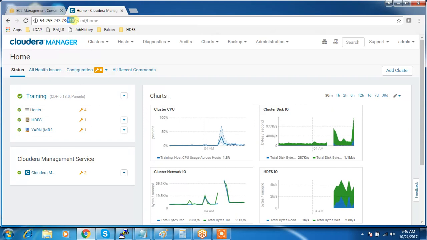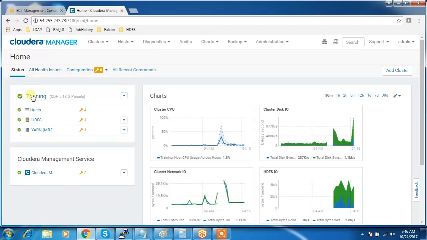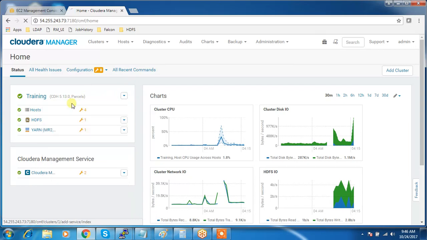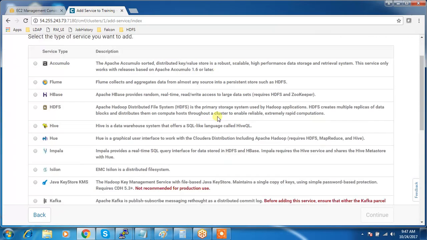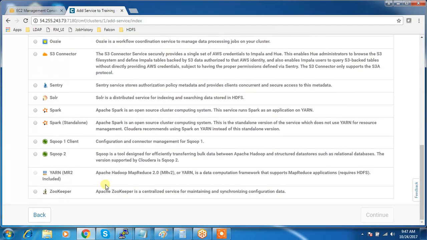I use the IP and the port 7180, and go to the main home page, and you can see the cluster name. Just click here and use add service. So here I'm going to add a service called Zookeeper. Actually we will not use this service directly, but this is a very important service which is used